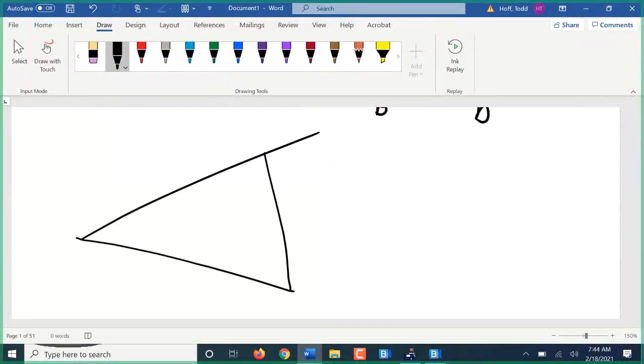So if I have a triangle that looks like this, and I tell you that this angle here is 98 degrees, and that this angle over here is 49 degrees, we know all of the other angles of that triangle. I'm just going to label this angle 1 and angle 2 here. If I want to find angle 2,